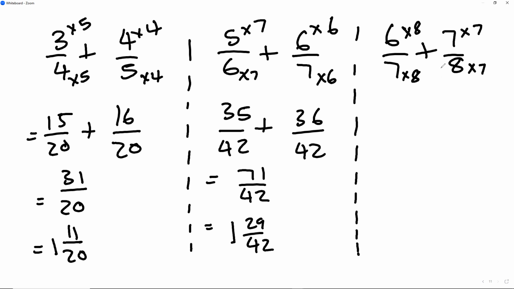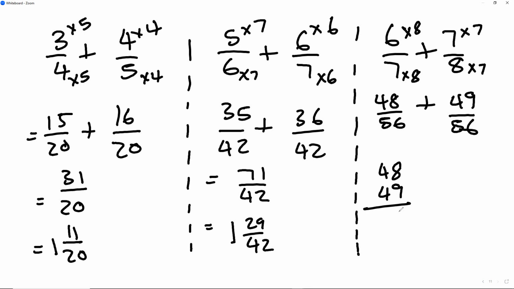And I'm multiplying this number there and there. 6 times 8 is 48, 7 times 7 is 49, 8 times 7 is 56. 48 and 49. 8 plus 9 is 17, and it becomes 97 over 56. 56 can go into 97 once, and so the remainder will be 97 minus 56. 7 minus 6 is 1, 9 minus 5 is 4, and that becomes 41